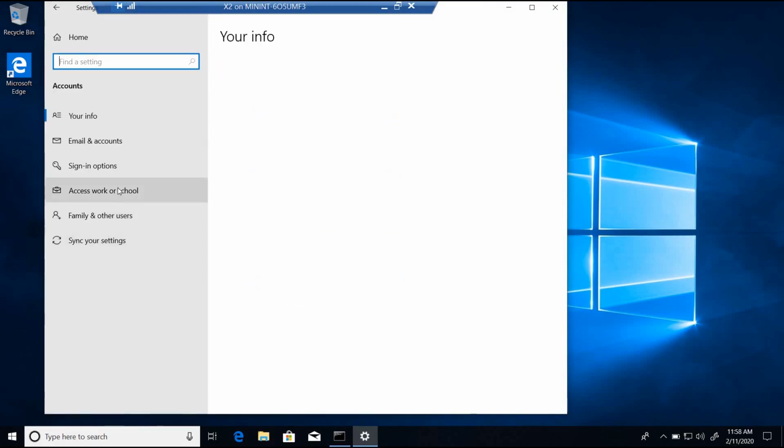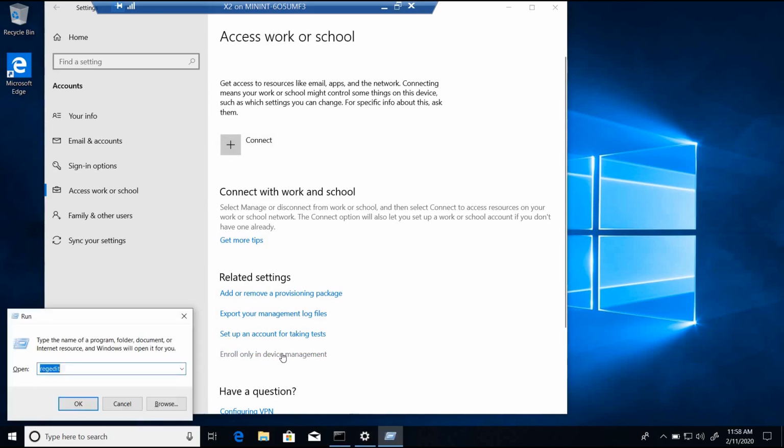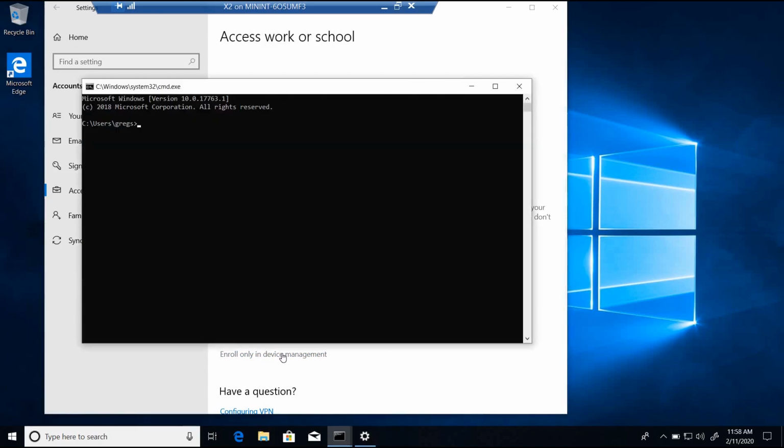Okay, so I'm going to go to accounts and then access work or school, and I am not going to click on connect and then do an enrollment. I'm going to click on enroll only in device management. Before I do that, let me just show you guys the host name